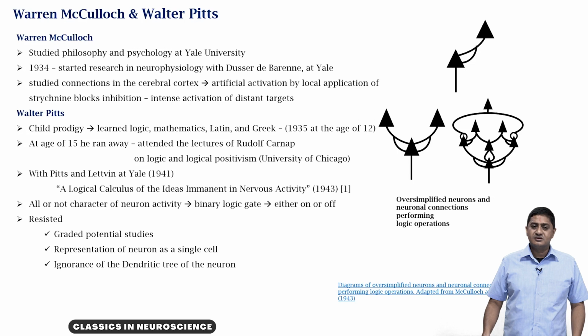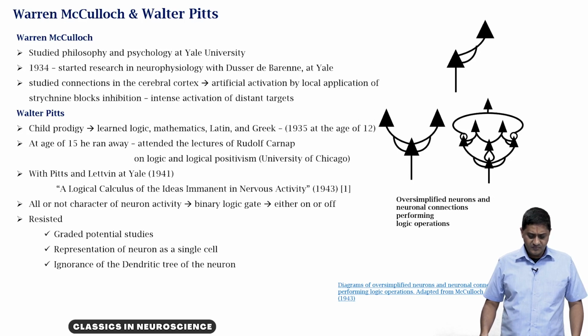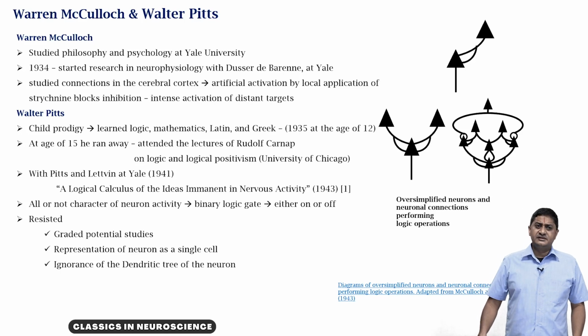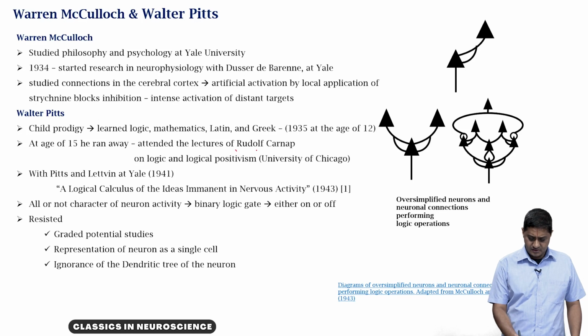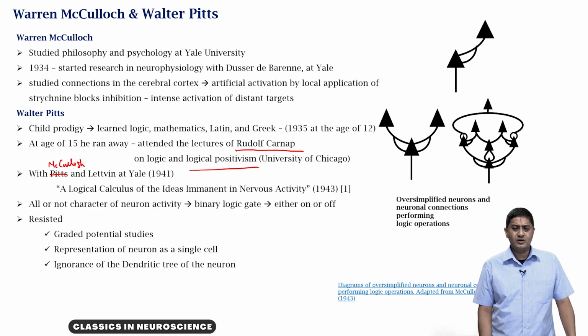Walter Pitts was a prodigious child. He was a child prodigy. He learned logic, mathematics, Latin and Greek in 1935 at the age of 12, and at the age of 15 he ran away and went to Chicago, where he attended the lectures of Rudolf Carnap on logic and logical positivism. So, in collaboration with